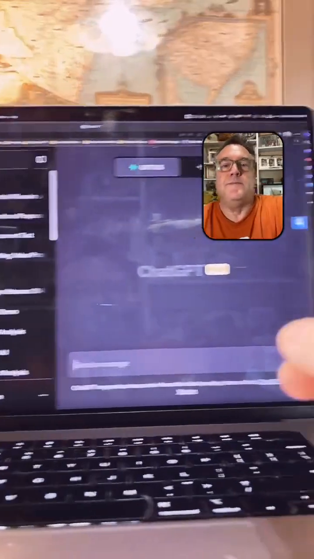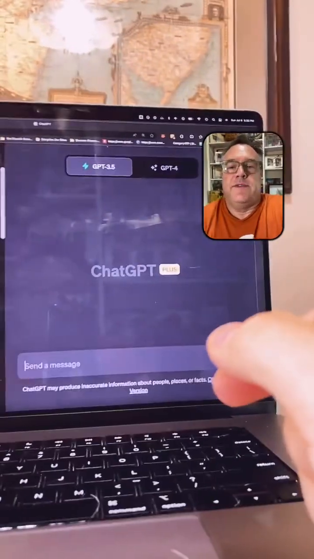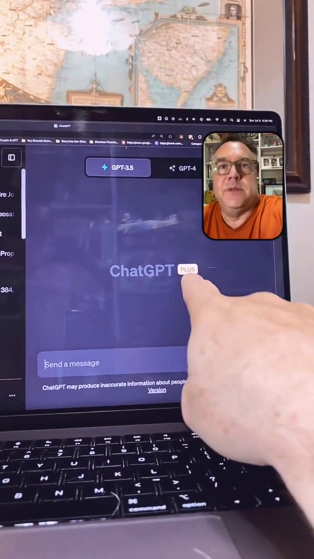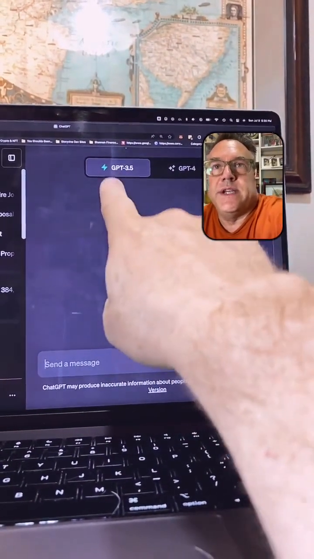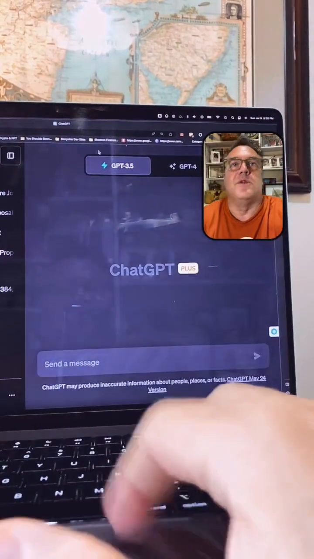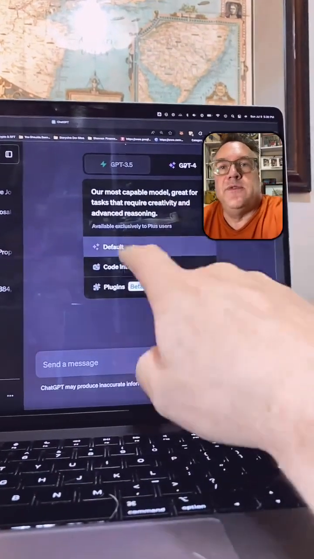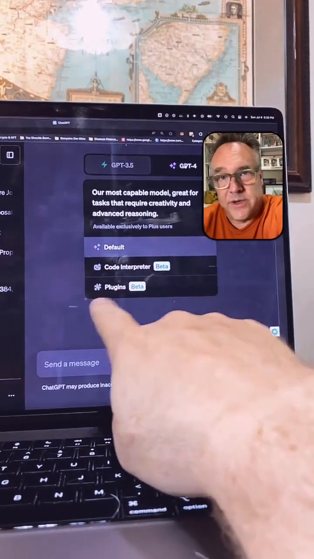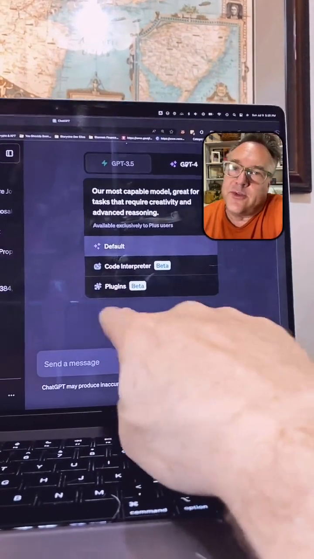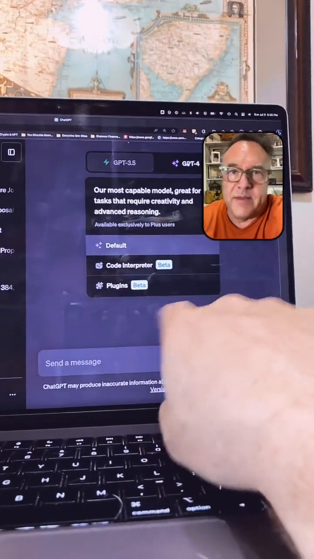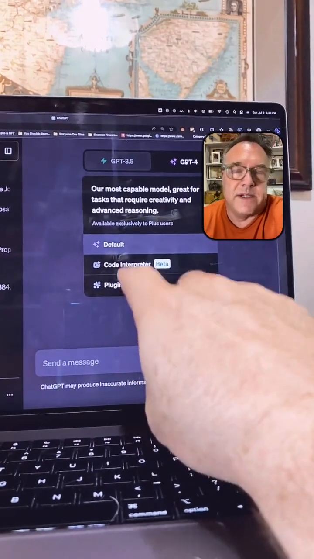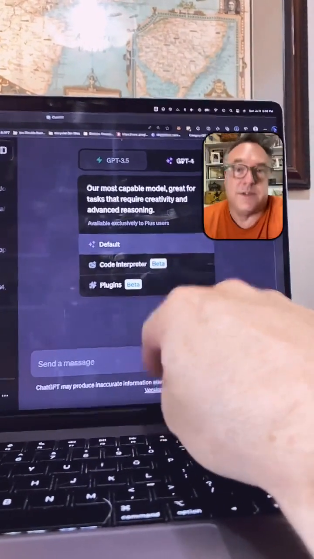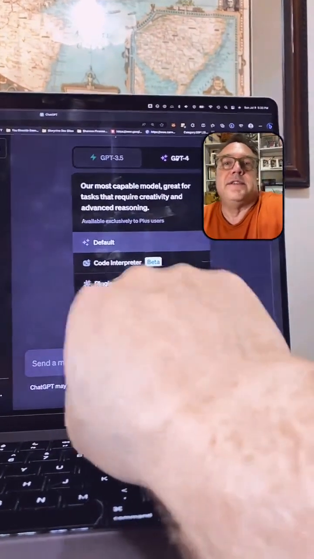Okay, so if you've never been to ChatGPT, this is ChatGPT. If you pay for ChatGPT Plus, you get GPT-3.5 and GPT-4. For GPT-4, you get regular GPT-4, you get this new thing called Code Interpreter, and then you also get plugins. There's a fourth mode, which is browse with Bing, but they disabled that 4 days ago because it was downloading content from behind paywalls, and apparently some publishers got pissed off. So that's not there for now.